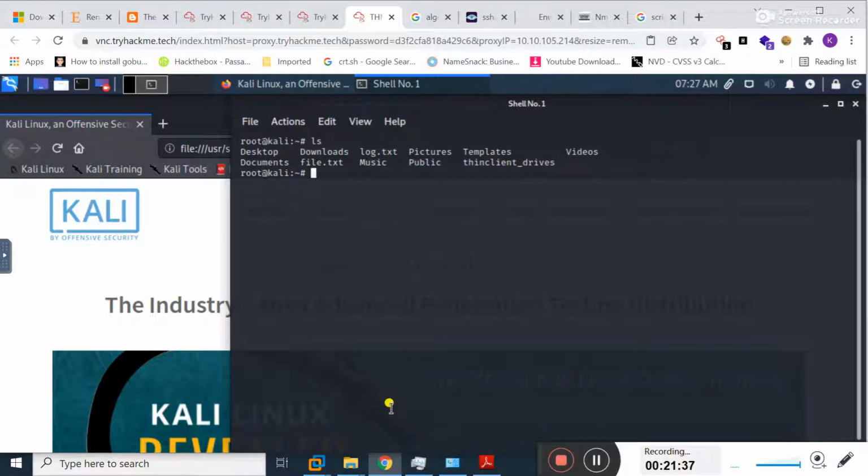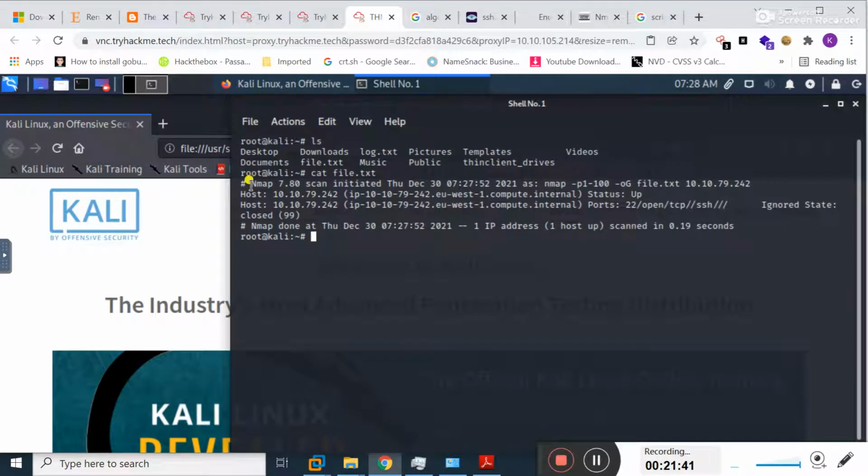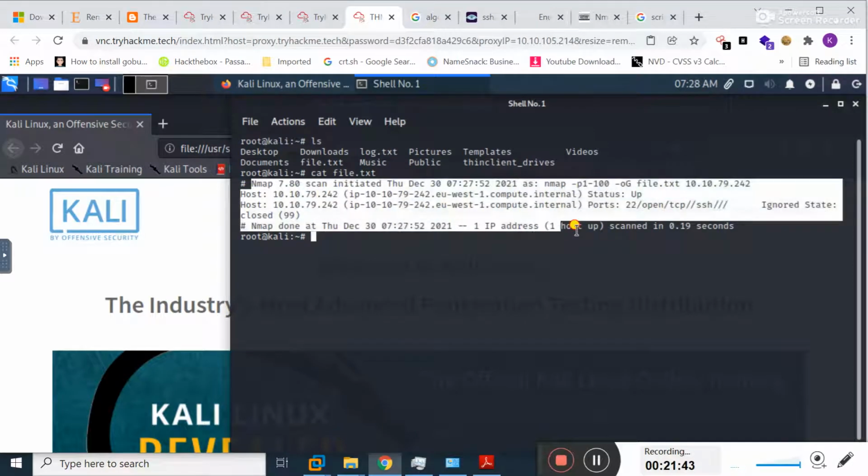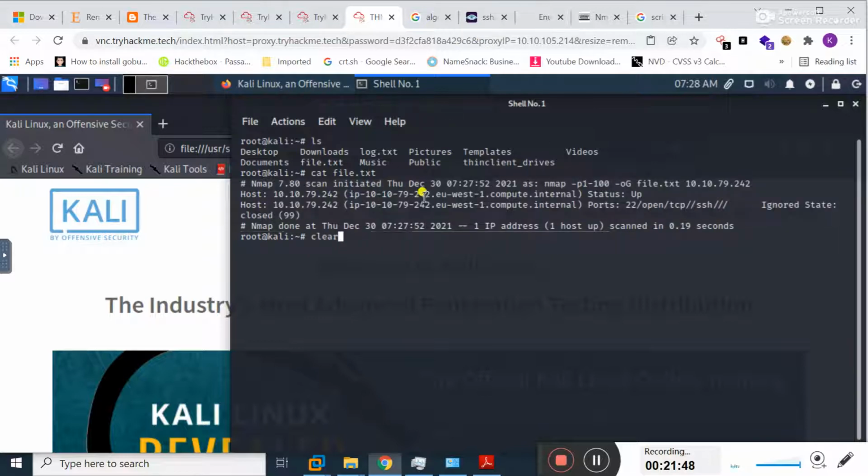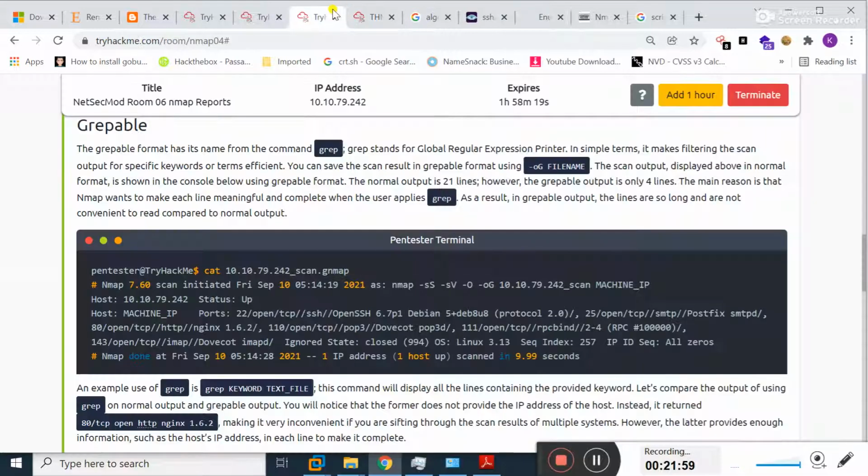Okay, file is created. Now if I type cat file.txt, see here now the result in greppable format. Before that it was in normal format. So you can store your result in greppable format by using the -oG switch, then the name of the file.